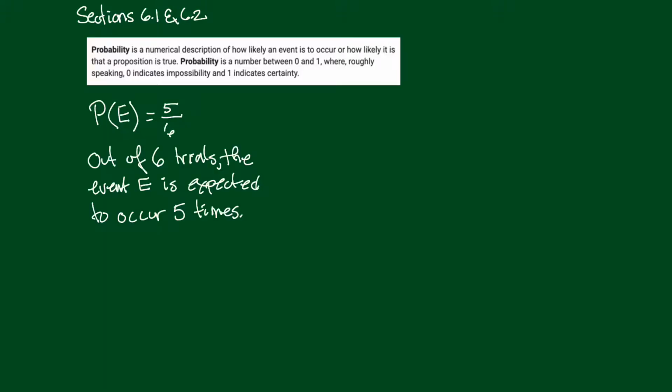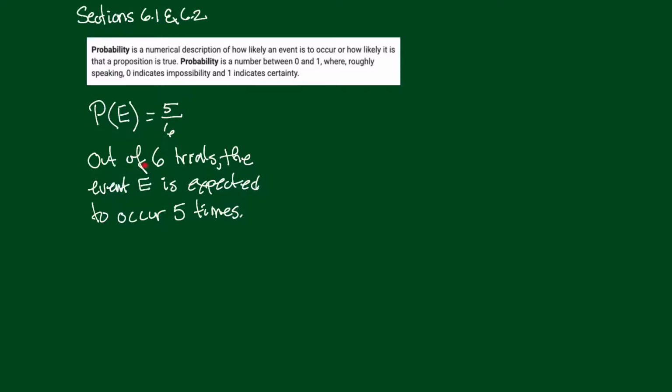Now we're going to use the capital P just to write probability, and suppose that we did this. I'm just going to call it E for some event. So suppose that the probability of some event is equal to, say, 5/6. Just for example, the probability of some event, whatever that event might be, is 5/6. Now that's a number between 0 and 1, and what it means is out of 6 trials,